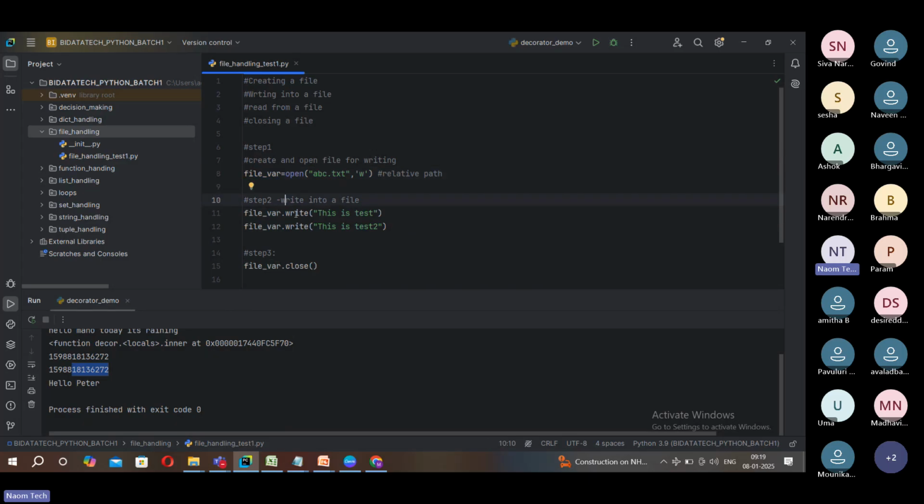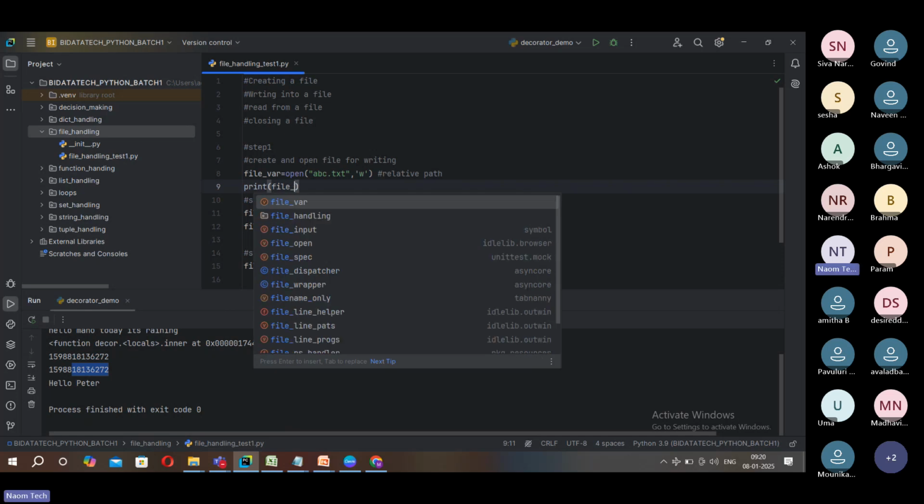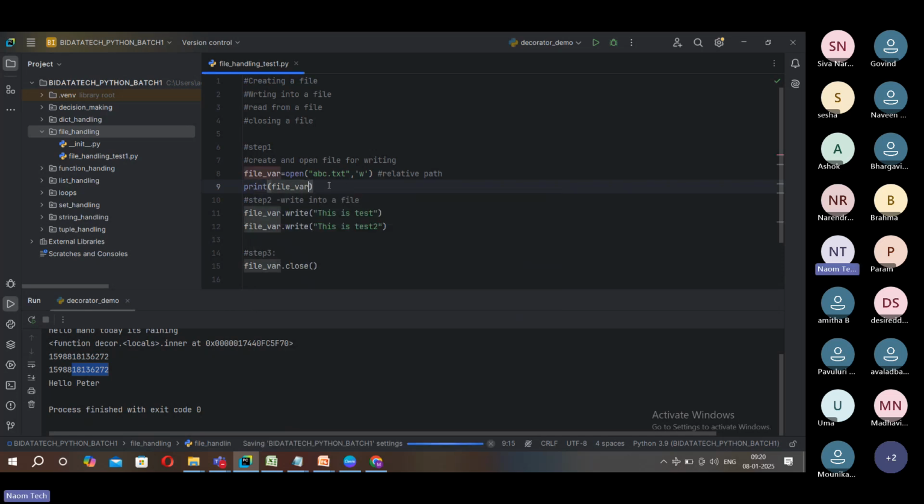Through that file variable, we have to call methods of file, or we have to close the file. If you want to do anything on the file, we do that through this file variable. What do we have inside the file variable? Simple, just print it and see. If we are curious, just print it so that you get that